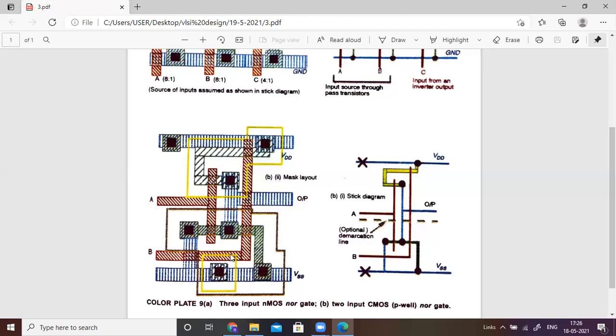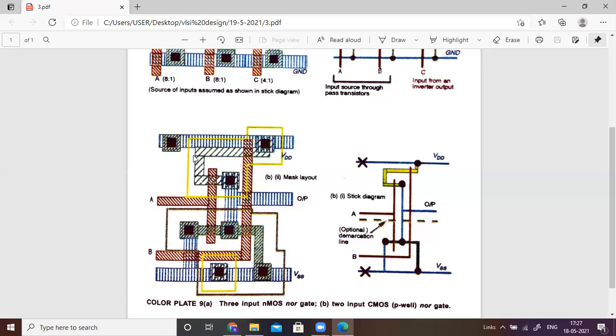This is the P mask for the transistors, the connection for the P mask. Similarly, the P transistors are located in the substrate terminal, inside the P mask. Take a yellow color and draw a P mask like this. This is the P mask. So this is the structure. Like this, you can draw the 2-input NOR gate in CMOS design style. This is the layout diagram for the 2-input NOR gate in CMOS design.